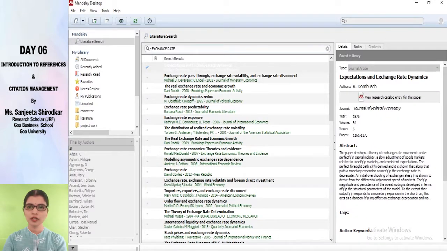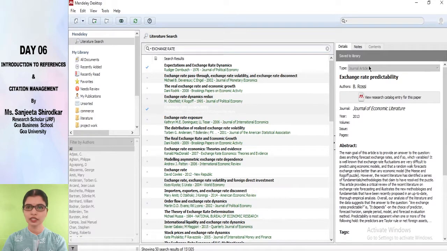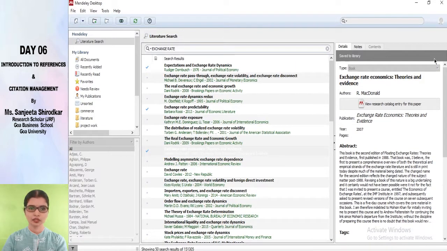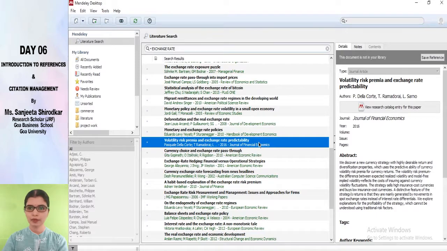Okay, so what you are required to do is you have to click on save to library. Okay, see, just click on any of the source, this source if you want, just click on this option, save reference. Click on save reference, see, and you would see it is saved to library. So like this. Here also, if you want this, just click on saved reference and it would come back to your library. So you could go through each of the references, read the abstract, and if at all you are finding this good enough for your research, you could start collecting these references.